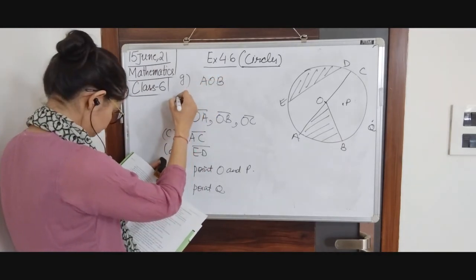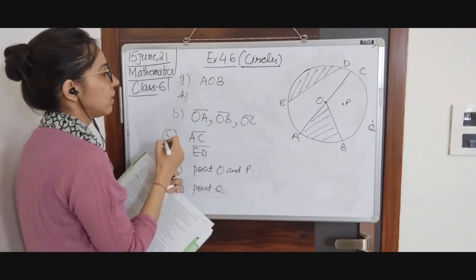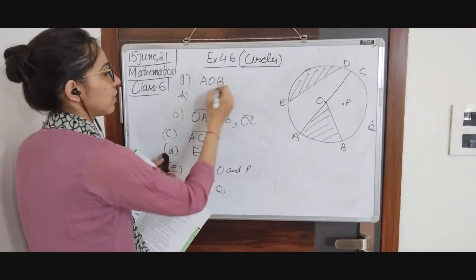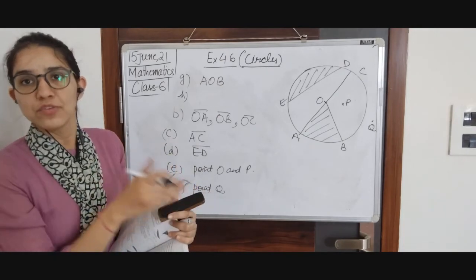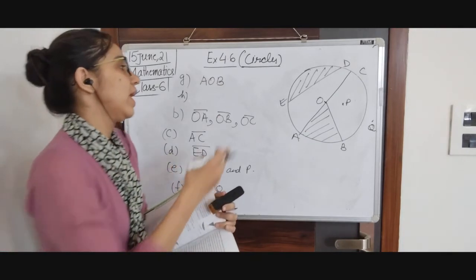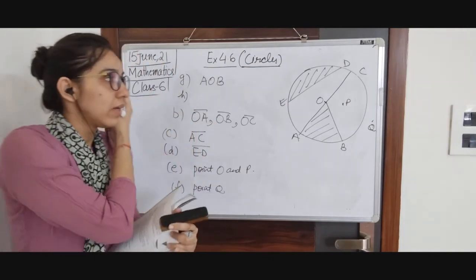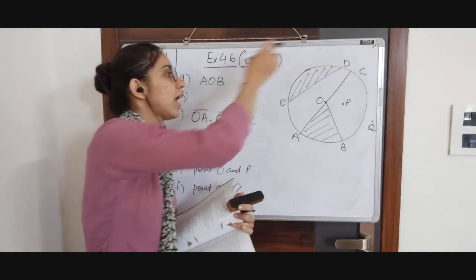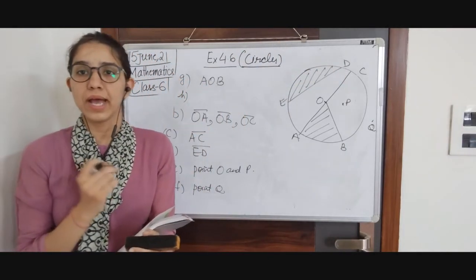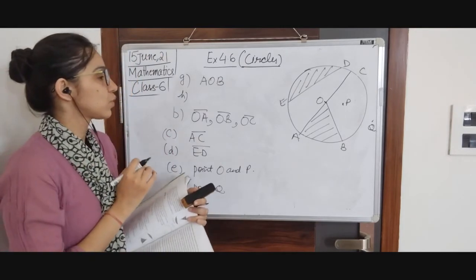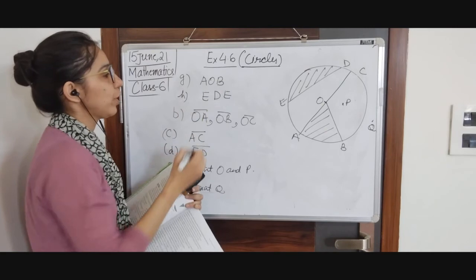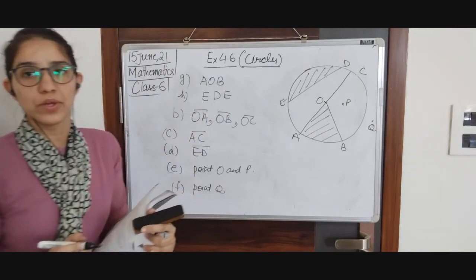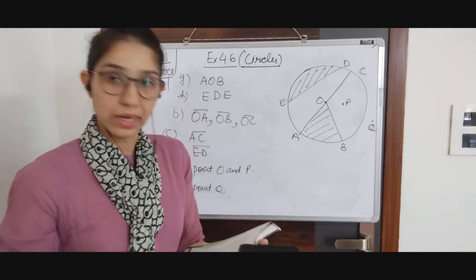That is a sector. H is a segment. A segment is the interior of a circle which is enclosed by an arc, arc ED, and a chord joining the endpoints of that arc. So the region enclosed by arc ED and chord ED is going to be the segment of this circle.